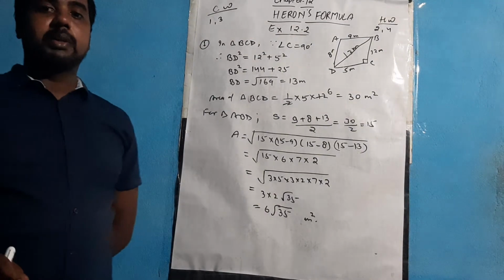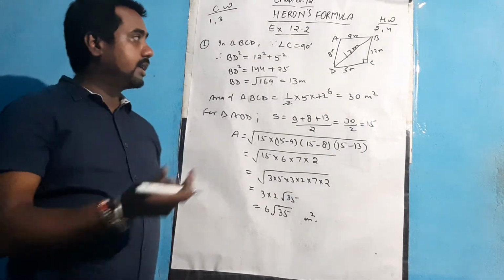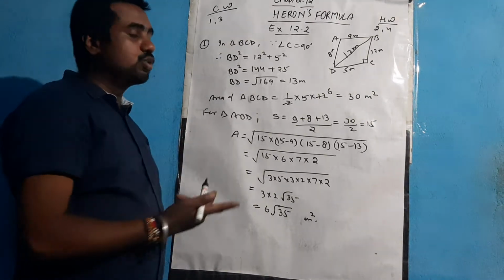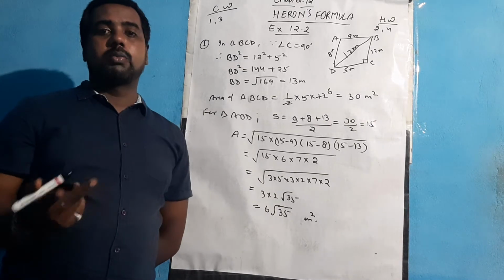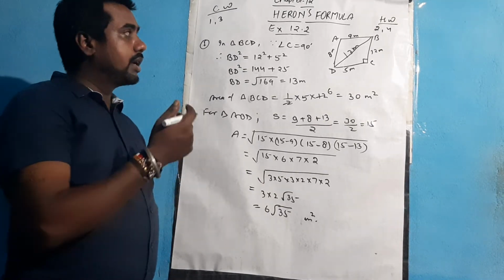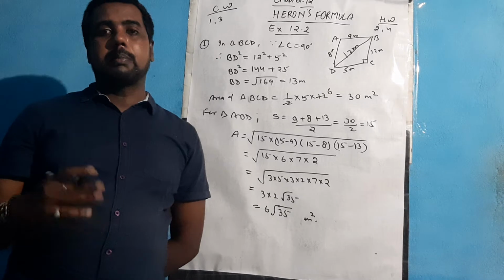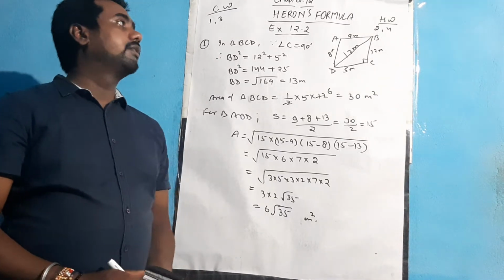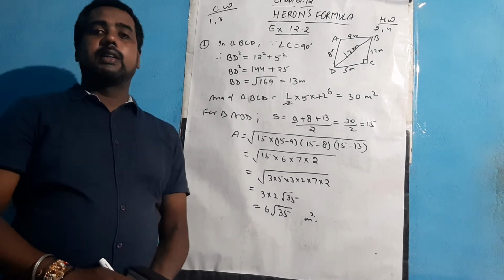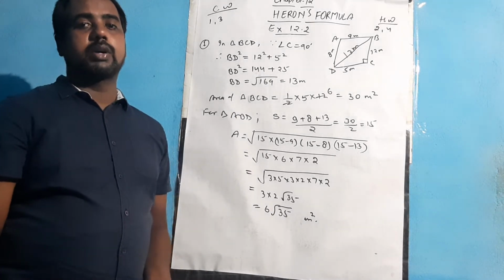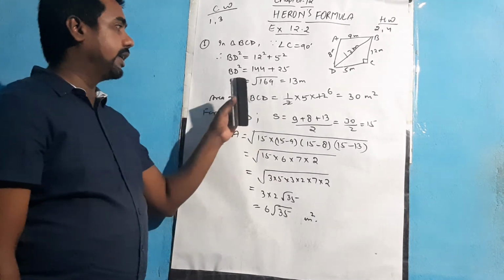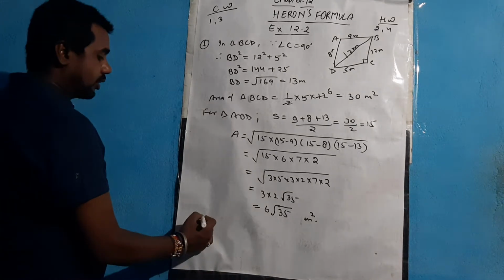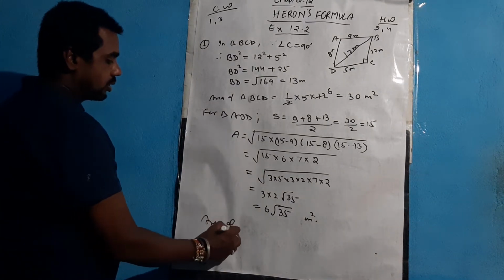So when a quadrilateral is there and a right angle is there, then you can easily find the length of its diagonal, and then you will clearly see two triangles where you can apply the formula for the area of a triangle. If both the triangles are scalene, then apply Heron's formula separately for both. If you find a right angle triangle in it, then go for half base into height to get the area of the first part, and then you can get the area of the second part. Since you need to find the area of the quadrilateral, you need to add both the areas.